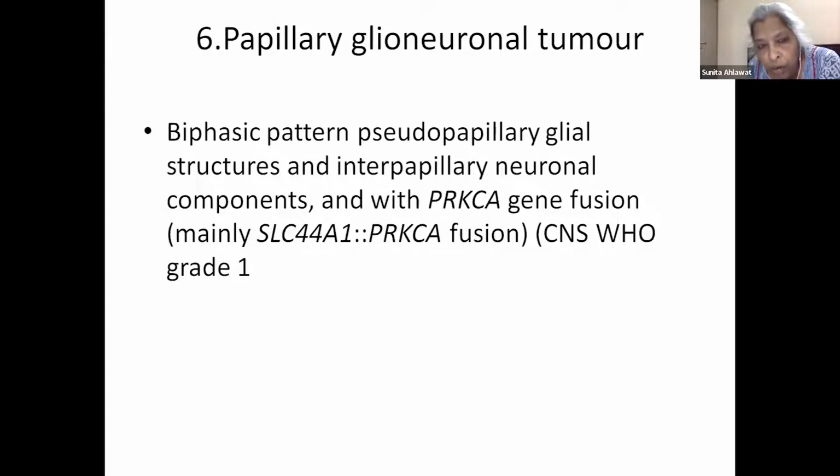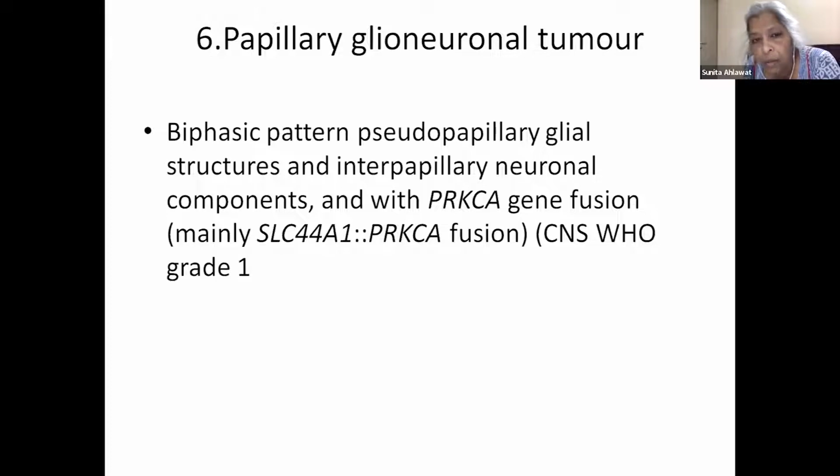and not only ganglioglioma, but most of the glioneuronal tumors, the common presentation is in the form of seizures. So the first thing we ask whenever there is a patient where we suspect a glioneuronal tumor is, what is the presentation? So even the ganglioglioma or DNET or papillary glioneuronal tumor, all these tumors, the primary presentation is seizures, epilepsy. For DNET, it is intractable epilepsy, no? And for ganglioglioma,